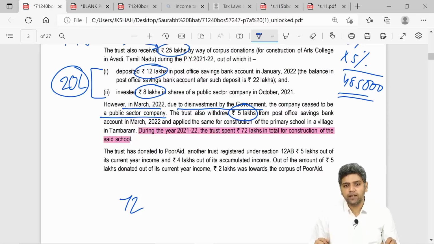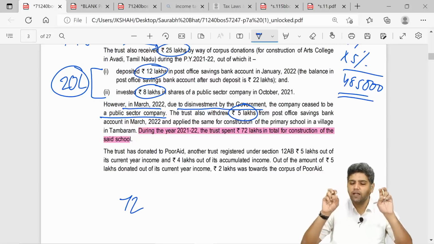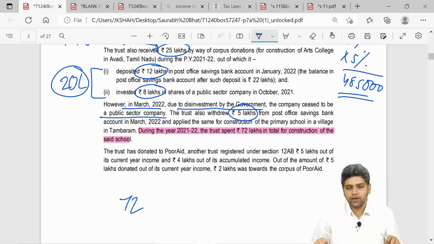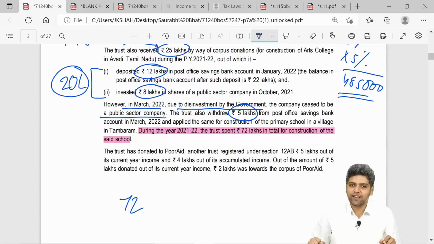of the school. Now just think of it like this. I got a corpus donation of 5 lakhs which I invested in post office savings bank account, that is a prescribed mode under 11(5). So in short, this amount of 5 lakhs, did it suffer taxation in my hands? No. But now I am spending it and claiming it as application of income. So government says that this is slightly unfair. When you received the amount, you did not pay tax, and when you spend it, again you are claiming it